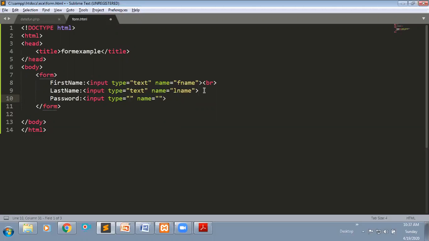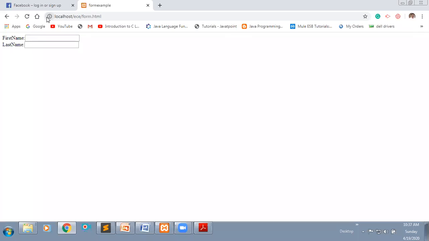But here you can take text as a password field also. Here I'm taking the name as pass. I'm giving one break. Now you can observe, I'm refreshing this page. Now you can see the password also has one text box.